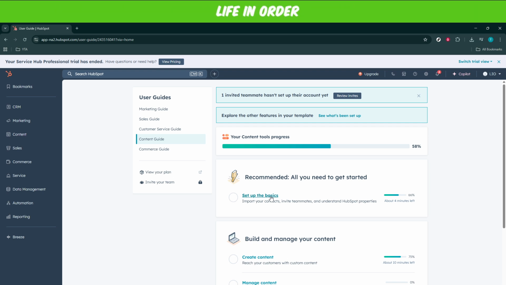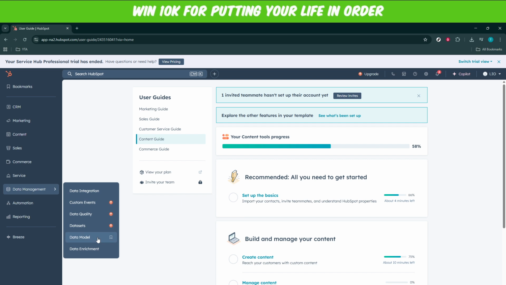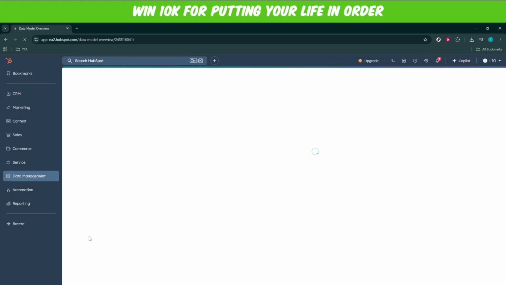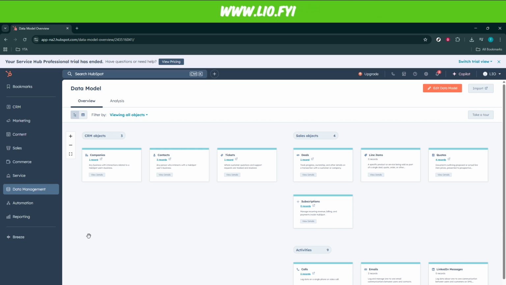After you're in the user guide, your next move is to find and click on the option labeled Data Model. The data model is crucial because it's essentially the central framework that outlines how different types of data, like your contacts, companies, deals, and more, are organized and interact within HubSpot. Understanding and configuring the data model is key to ensuring that all your information is structured correctly and aligns with